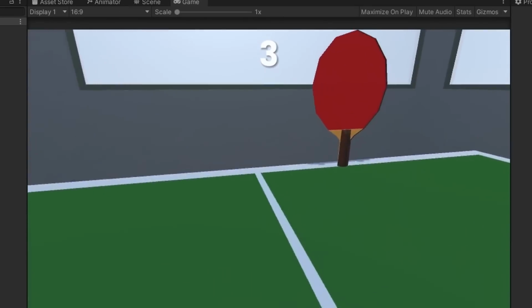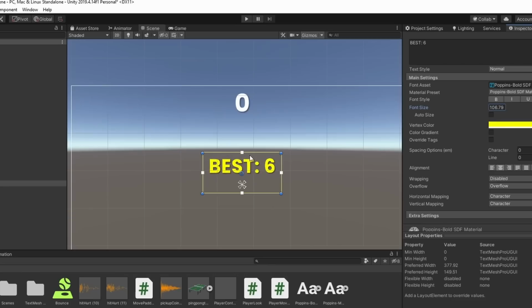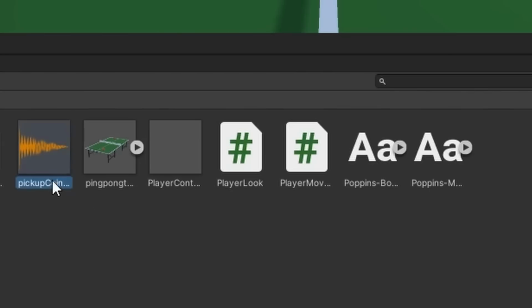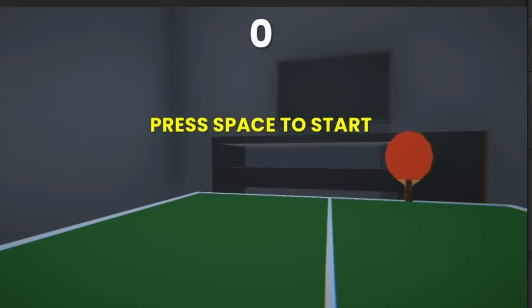Alright, so the game is now functioning, but there's no real reason to play it. So I need to make a score. I just made a number increase every time you hit a paddle different to the last one, and displayed that number on some text, and it worked. With some extra additions like a high score, sounds, and some prompts to start and restart the game, I had